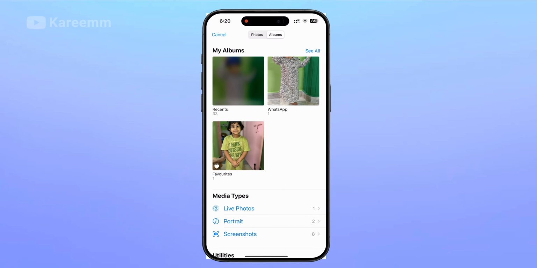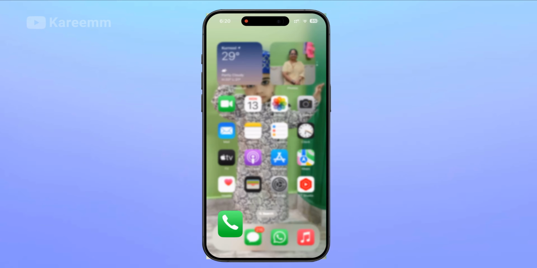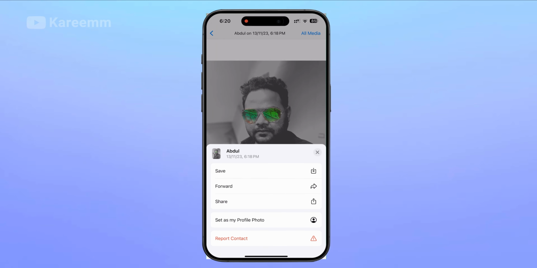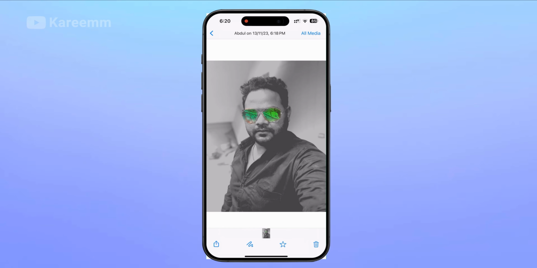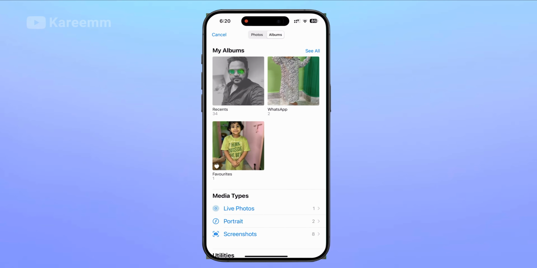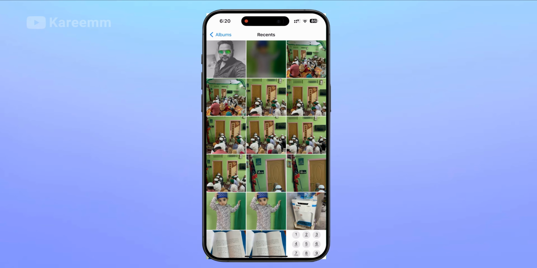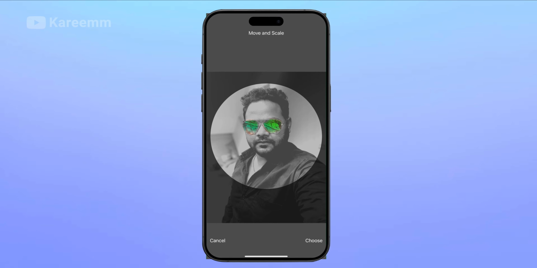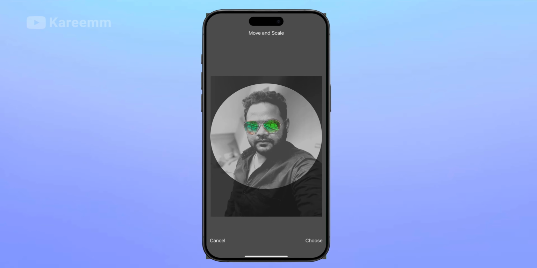So let me get my photo from WhatsApp. Let me save this one in my gallery. So let's go back. Now my photo is in my gallery, and select the photo, and you can move and scale. You can move and scale like this,